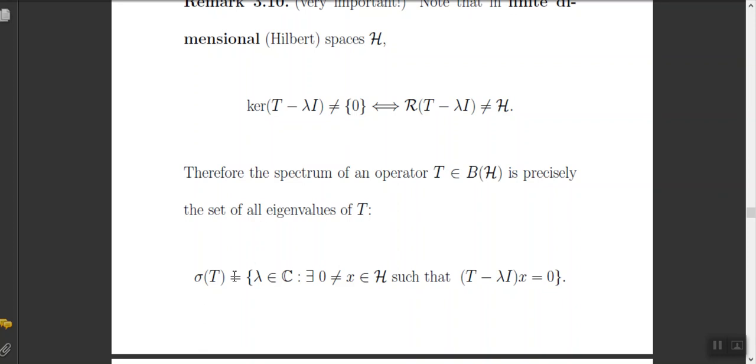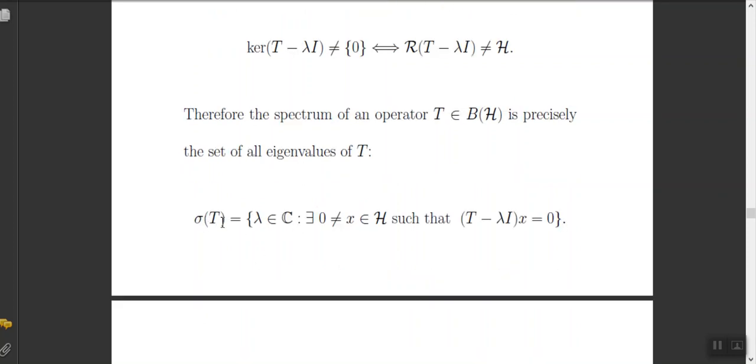It means simply the spectrum becomes this: all scalars such that the kernel is non-zero. It means there is a non-zero element x in H such that (T minus lambda I) x equals 0. And what is this actually? It means the set of eigenvalues. So the spectrum of a bounded linear operator on a finite dimensional space is exactly equal to the set of